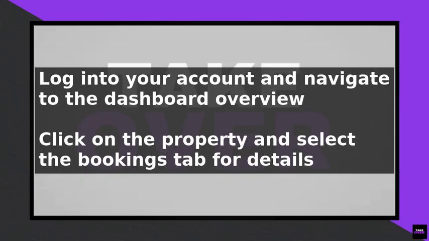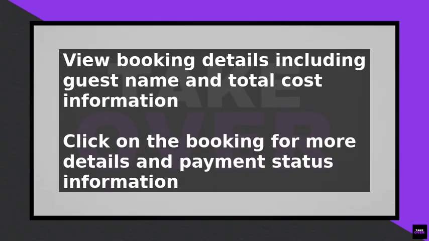Here, you will see a list of all upcoming and past bookings, including the guest's name, check-in and check-out dates, and the total cost of the booking. To view more details about a specific booking, click on the booking and you will be taken to the booking details page. This page includes information such as the guest's contact details, payment status, and any messages exchanged between you